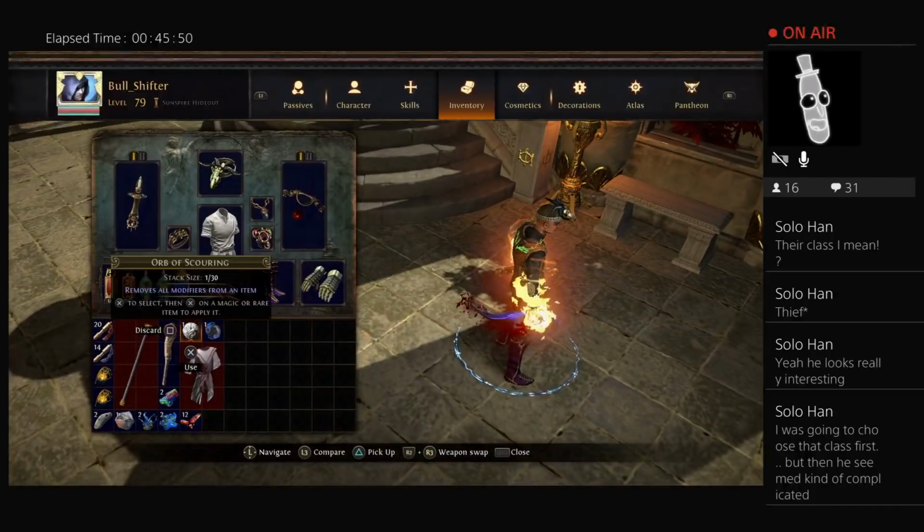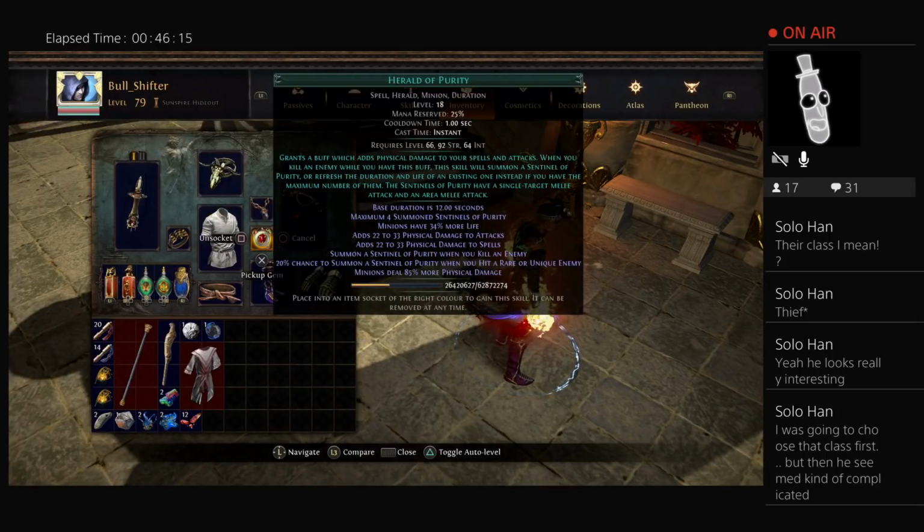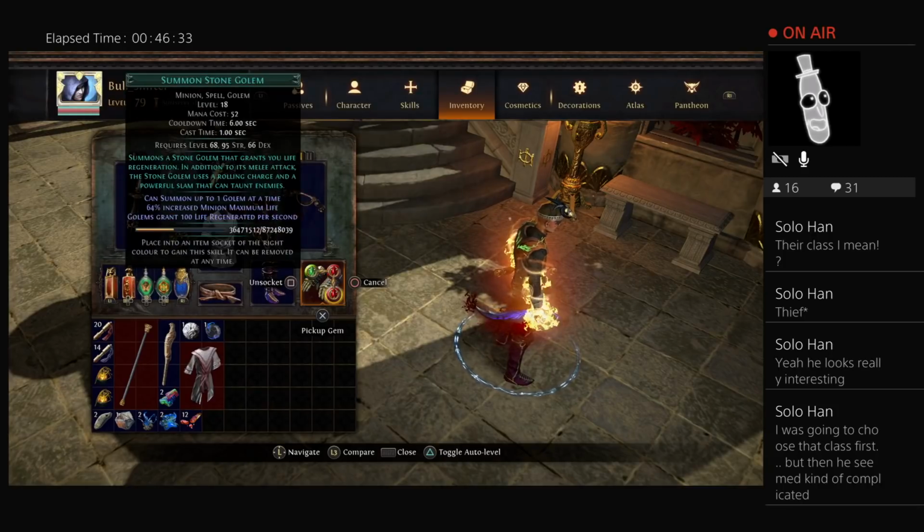Now, the thing is, I have that socketed in this particular ring, and it's what makes this whole build work, because this ring has the ability to give Elemental Equilibrium to that one socket. So basically, as far as I know, it's the only way to actually give minions Elemental Equilibrium. Now, the socket I have in here, Herald of Purity, doesn't actually give an elemental attack. It's just base physical damage to 4 Sentinels of Purity that spawn when we kill enemies or hit rare and unique enemies. The way that we get around that, however, is by attaching...